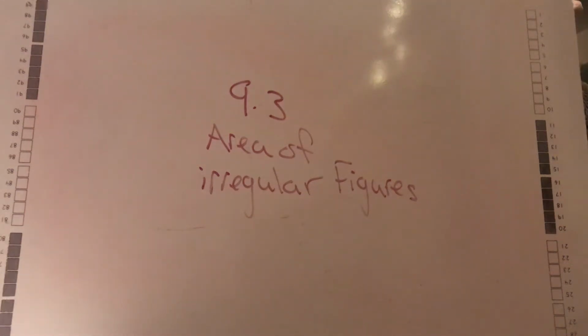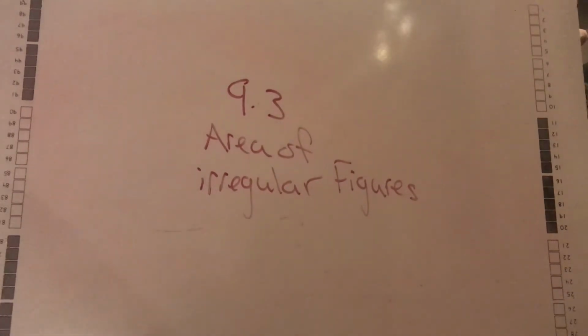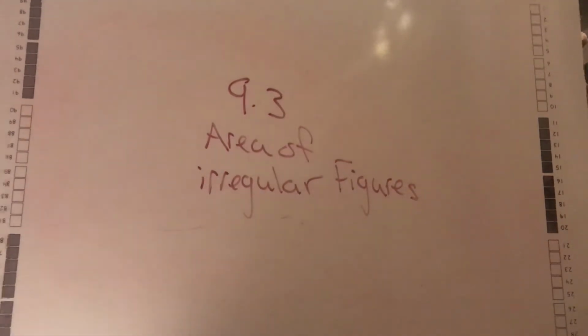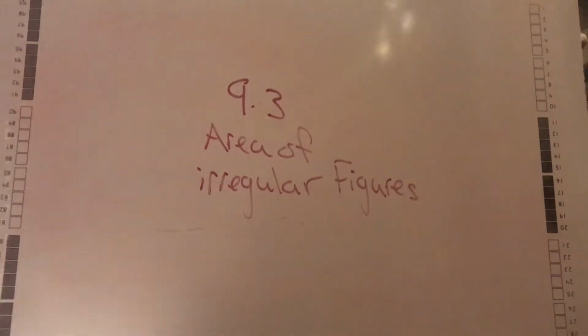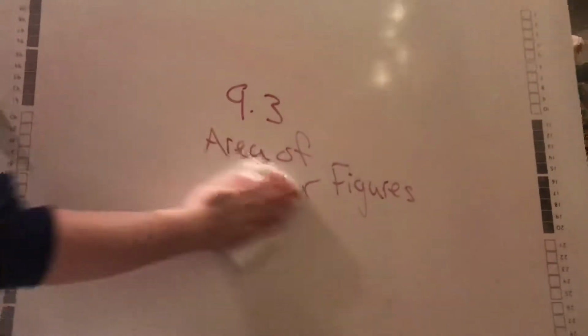All right, for lesson 9.3, we're going to continue with our geometric shapes and finding area. So we were finding the area of a circle, and now we're going to look at figures that are not a square or a circle, but kind of a combination of both, or a triangle. So it's going to be like put together areas. So the first, if you open up your book to page 368,